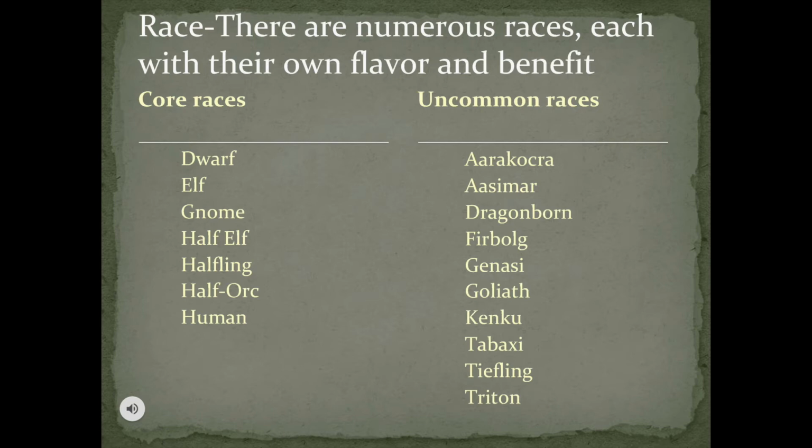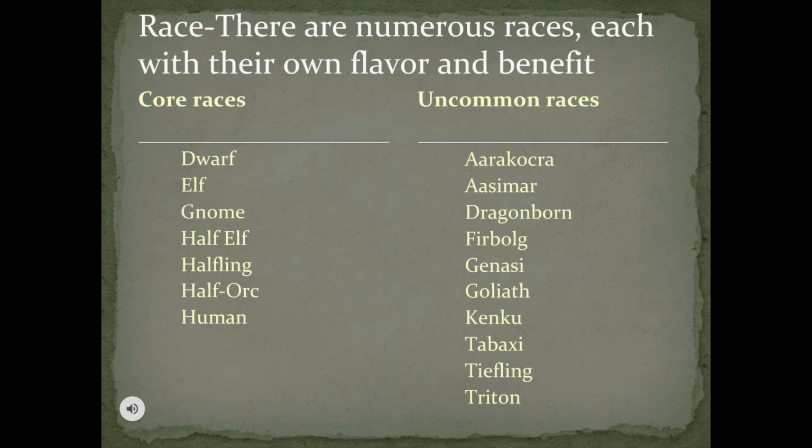Gnomes. They are much shorter and much more frenetic. They constantly move around and are curious. Make good inventors, and they do have a few sub-races. Very colorful. Half-elf. Usually a human-elf hybrid. They get the best of both worlds, but they're liked by neither. They are some of the best talkers in the game.